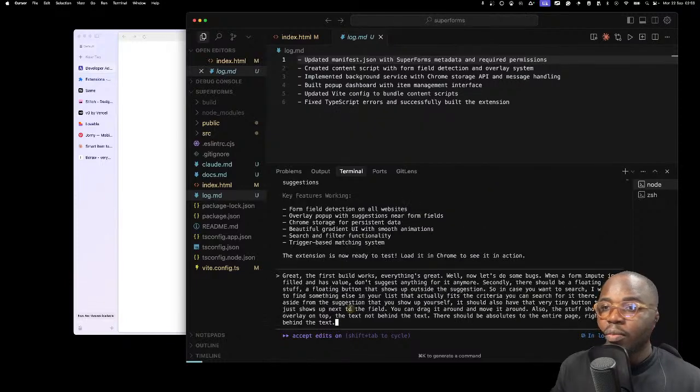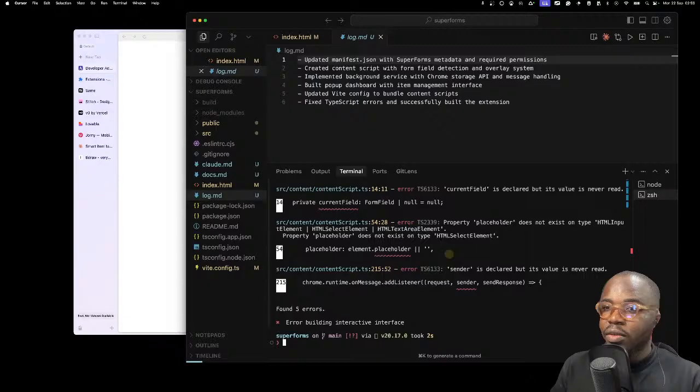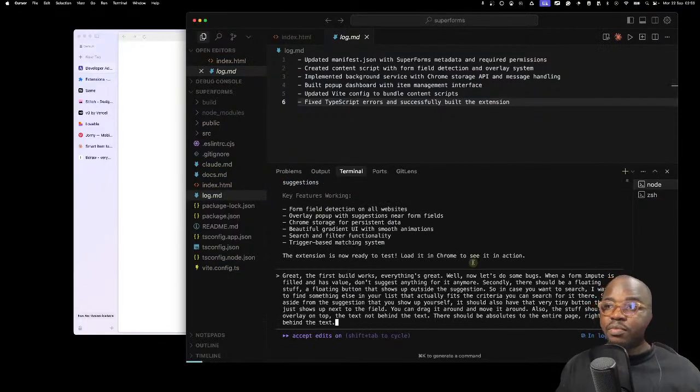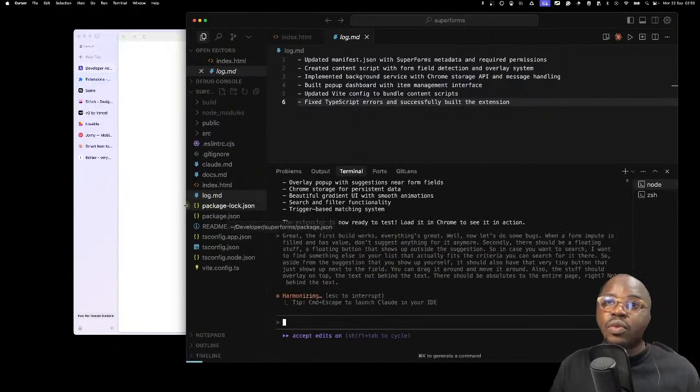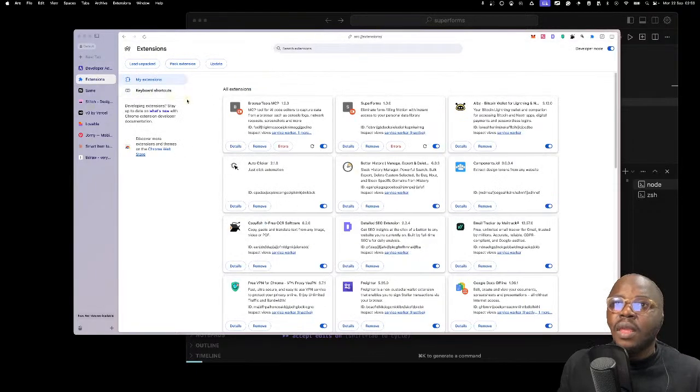So I should probably snapshot this because the first one works. This is where it's going to be helpful, right? So I can just do git add all, git commit -m, init superforms working demo. That's important because Claude does not have the revert. So in case this breaks something more, I can always just revert back to what was working. So I just give it to fix the stuff. Now let's do it. See, this thing is flickering. Hopefully that fixes it. Okay, beautiful.